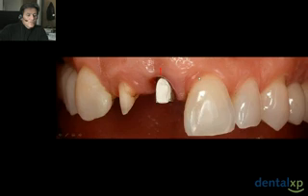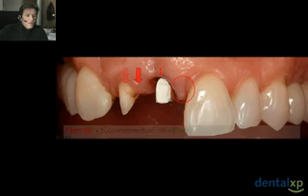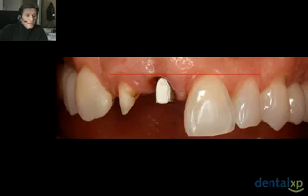We've erupted the lateral incisor and brought down the interproximal soft tissue. We've also been able to reestablish the contour of the papilla at the midline. So the type 3 has been reconstructed into a type 1 site. We've also gained the harmony of the interdental soft tissue heights and the labial soft tissue margins utilizing a combination